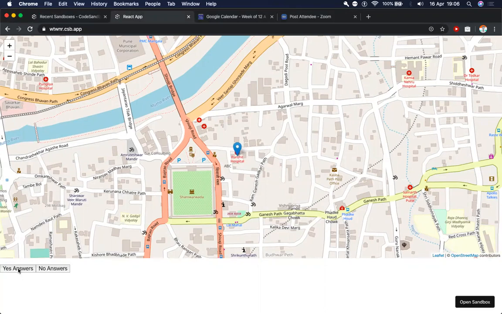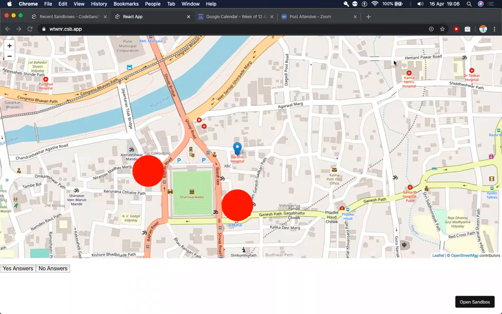When we click on yes answers, we get some data points which are related to the yes answer in a survey. And when we click on no answers, we get some data points which are mapped to the no answers in the survey. So basically, let's consider that it's a really simple survey which just has yes and no answers.